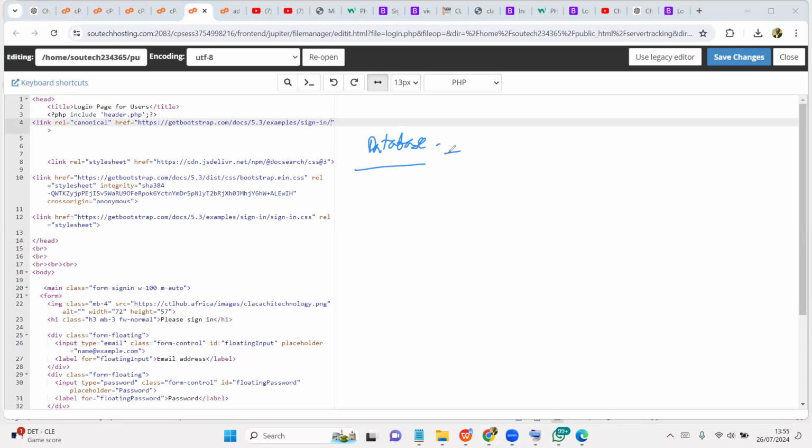We're going to call the database access tracking, right? The database is going to have two tables. One table is going to be called users, right? Then another table is going to be called admin.